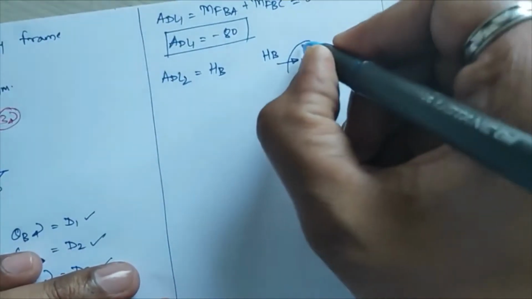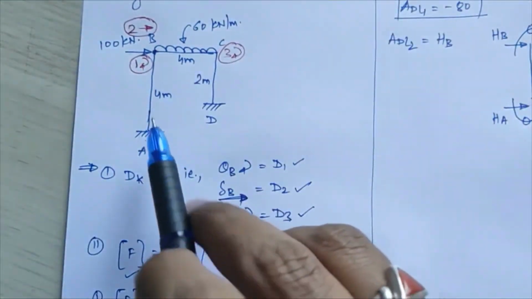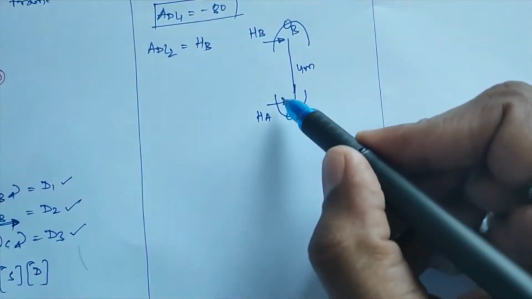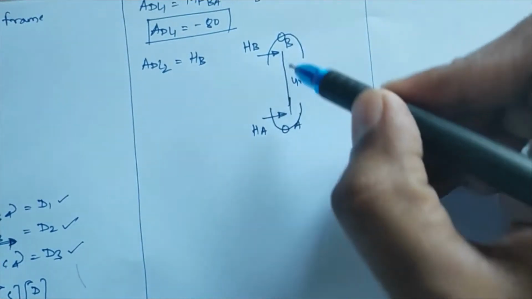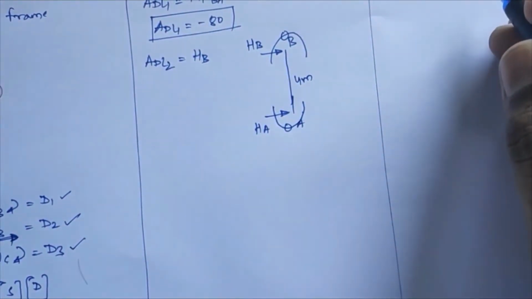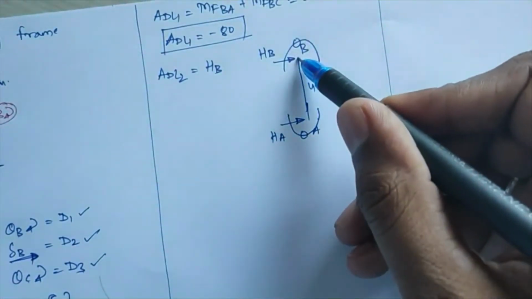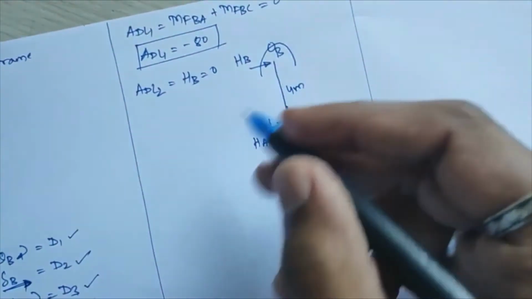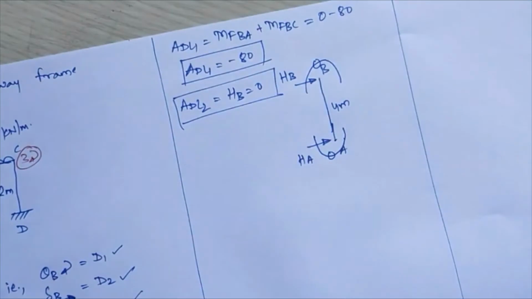So these moments come directly as 0. If in any numerical loading is provided over this span AB, then these values will come, and you need to consider those values while calculating this HB. Suppose this is 30 and this is minus 30, you have to consider those values here. Here you have 0, so we will not consider those values, or if you consider, they remain 0 itself. If you calculate HB by taking moment at joint A, that moment will also equal 0, because there is no other loading in this. So your ADL2 value you are getting directly equal to 0.